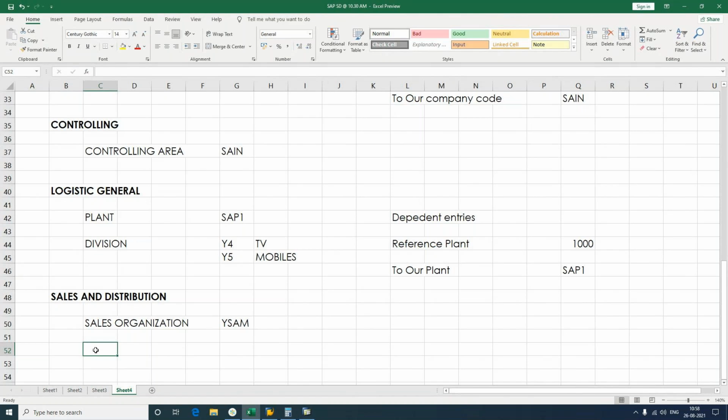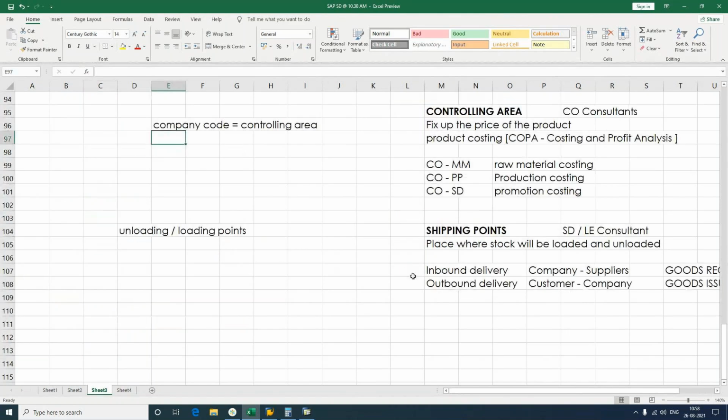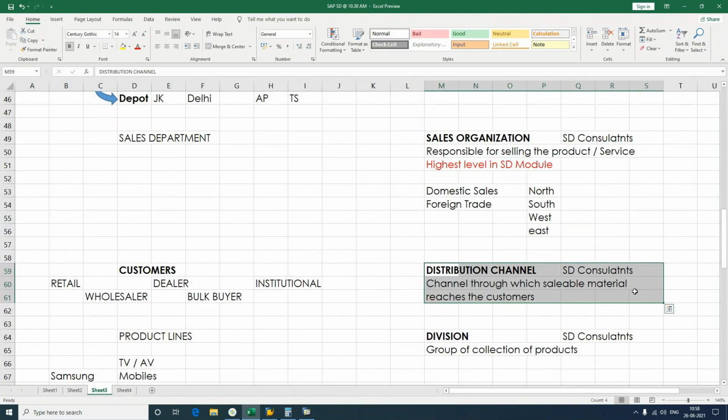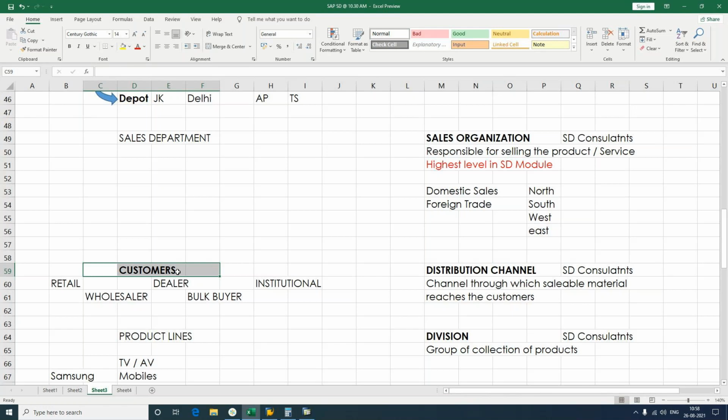Now coming to the second step. Once you're done with the sales organization, we need to work out with the distribution channel. Now, what is the use of this distribution channel? Every company will have their own set of customers, whom we try to classify as retailer, wholesaler, dealer, bulk buyer. And why do we need to classify the customers? Because